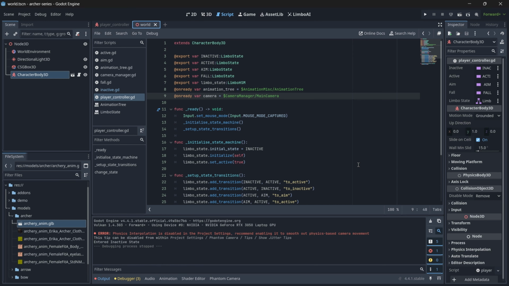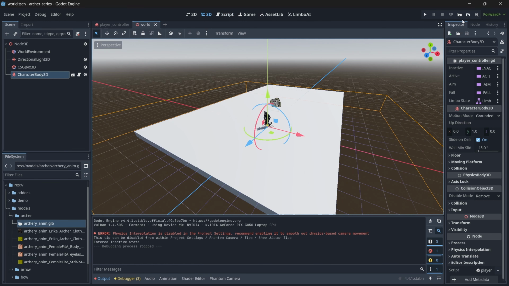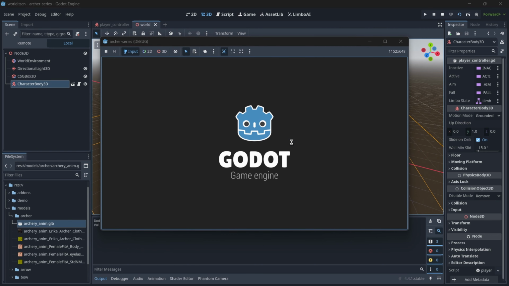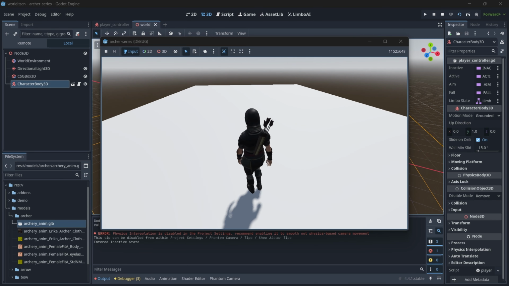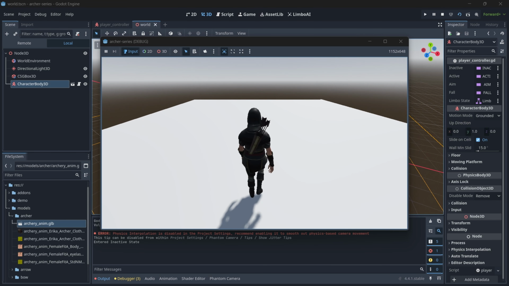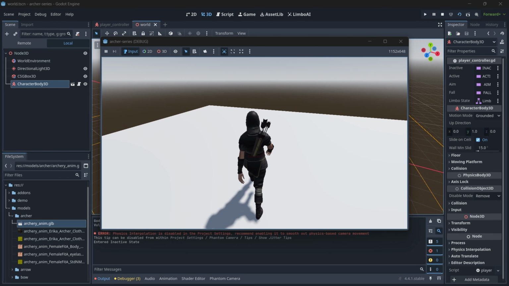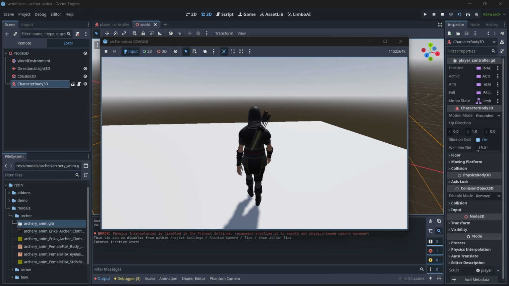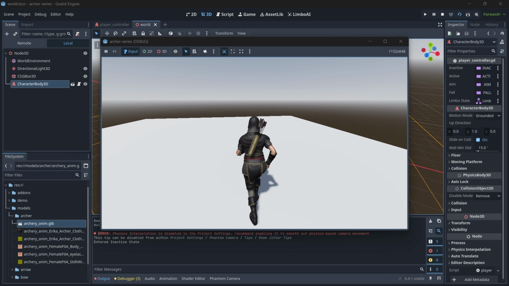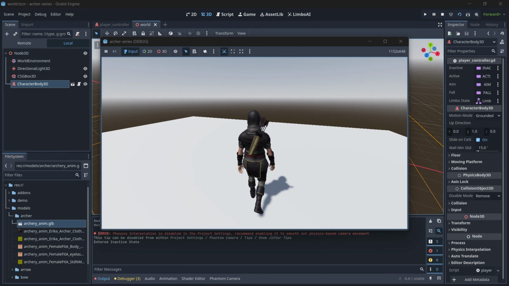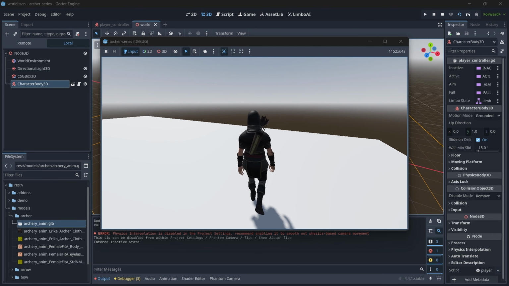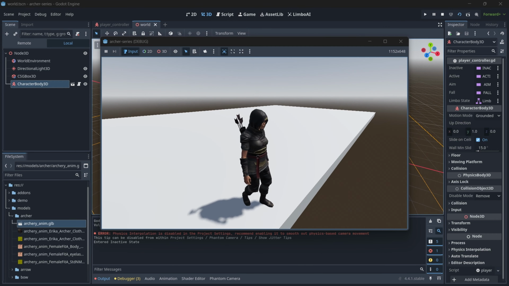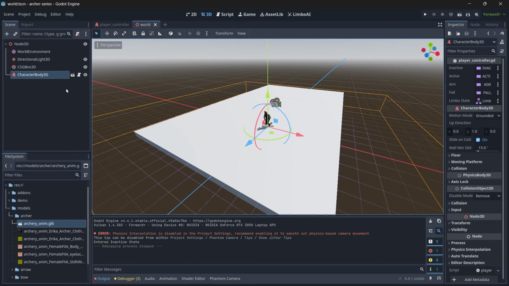Now before actually cleaning up all the mess code, I just found one more glitch. Let's try to move our player, and as soon as we leave the W, and again if we try to press the W, you can see that the player goes to a complete stop, and then the player tries to move. So if we are running, and then if I leave, and then if I press the W, you see that the player goes to a complete stop, and then it starts to move. So to fix this issue,